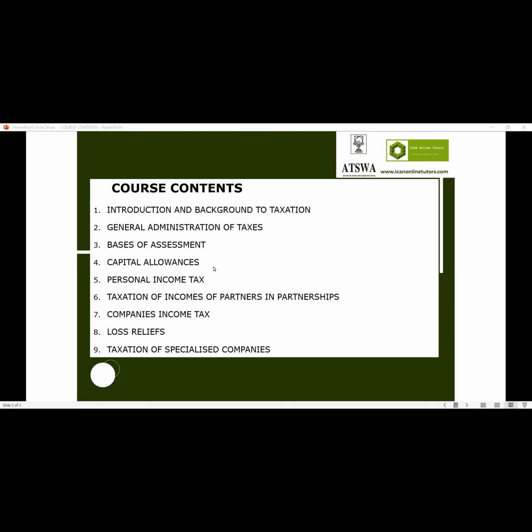Hence, companies that incur loss in a particular year of assessment have to pay the minimum income tax, except where the company is in its first 4 years of operation. Are we together? Also, a company cannot relieve more than the losses incurred in previous years, and cannot relieve more than the adjusted or assessable profit you have for that particular assessment year. Are we together? Okay. So also we have taxation of specialized companies.